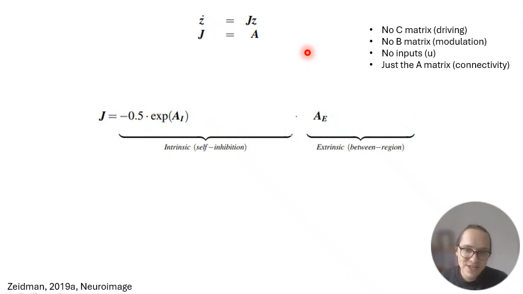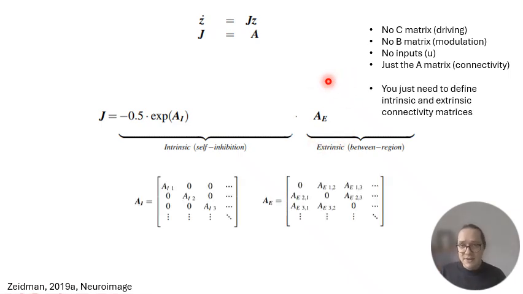And all we need to define is this A matrix, which specifically comprises the intrinsic self-inhibitory connections constrained to be negative, and the extrinsic connections between regions. And these are, in fact, the only things that you need to define or specify when you're trying to build your subject level DCM for resting state fMRI. You don't need to define the B matrix or the C matrix or U